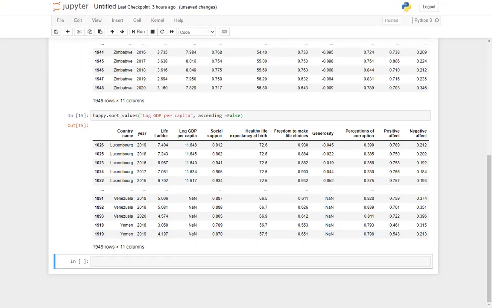Okay, so now we look here. What we have done is sorted the database with respect to one column, whatever is the value in log GDP per capita, उसको ही सिर्फ ascending and descending order में change किए. Imagine a scenario where in a database you have got first name and last name.